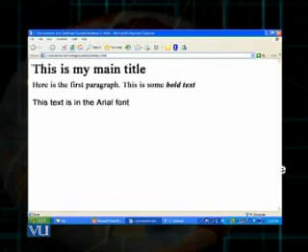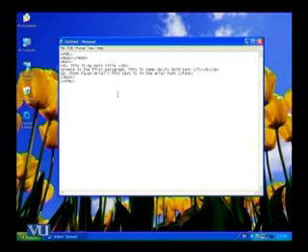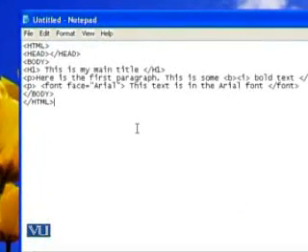Here I would like to demonstrate to you how we view the results in the browser. What are the steps required to view the source code. In the first step, I open a text editor like Notepad or WordPad, and then I type the code in that text editor, as you can see.